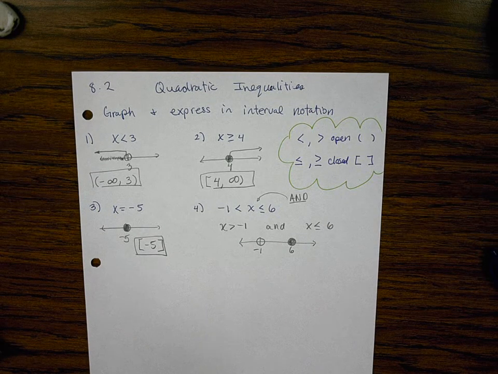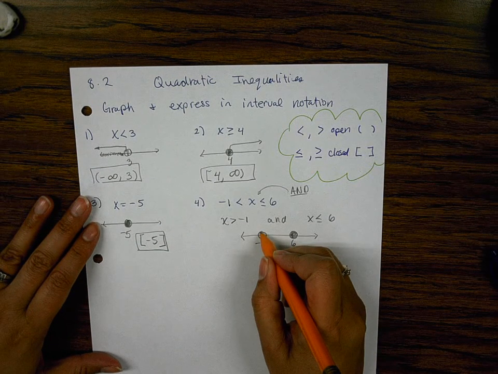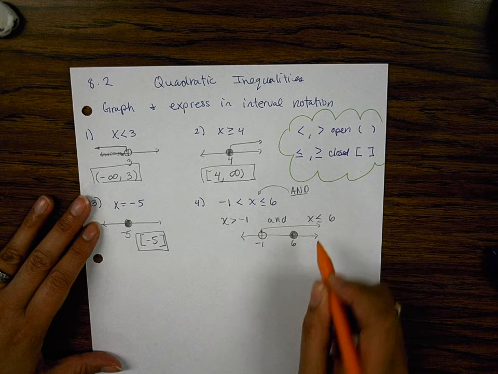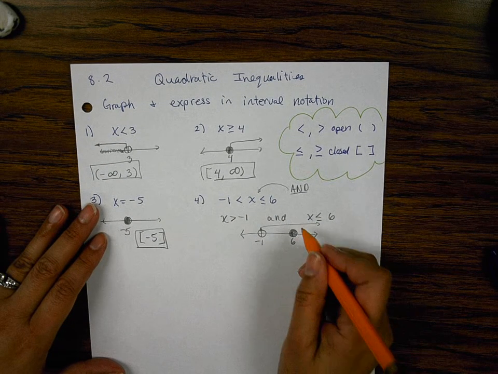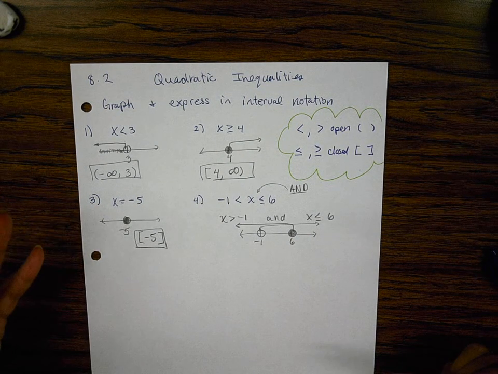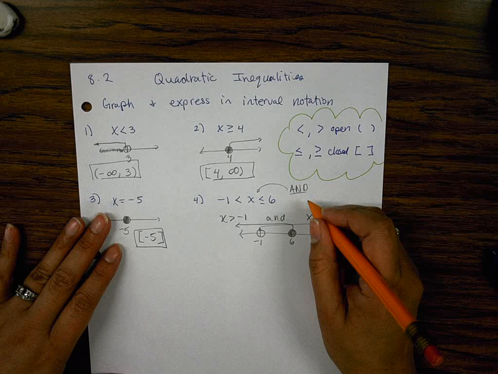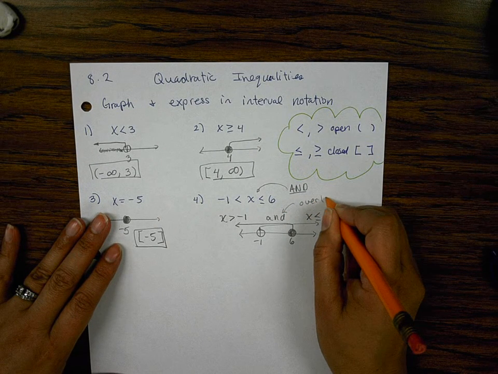And I'm going to go back and bubble this in so it doesn't get blended in with everything else. All right, x is greater than -1 means I put my arrow to the right because everything to the right of -1 is bigger. x is less than 6, which means my arrow is going to the left because everything to the left of 6 is less than. And remember with "and,"